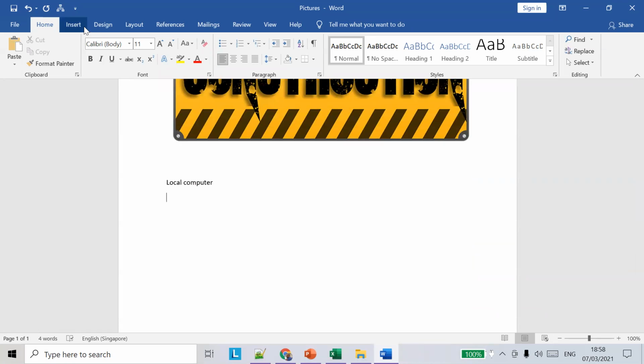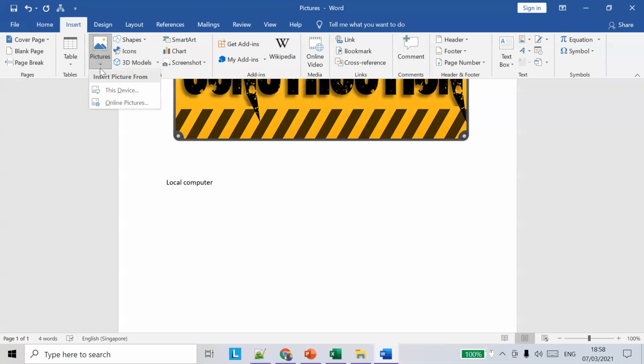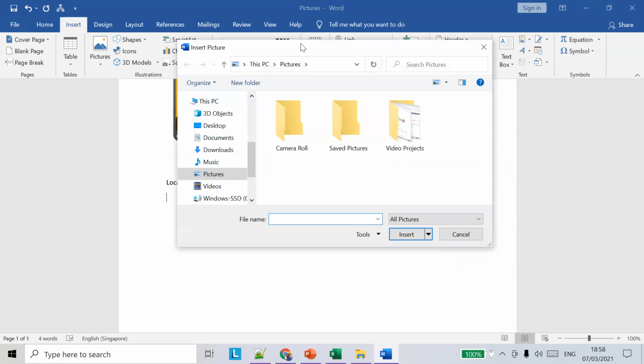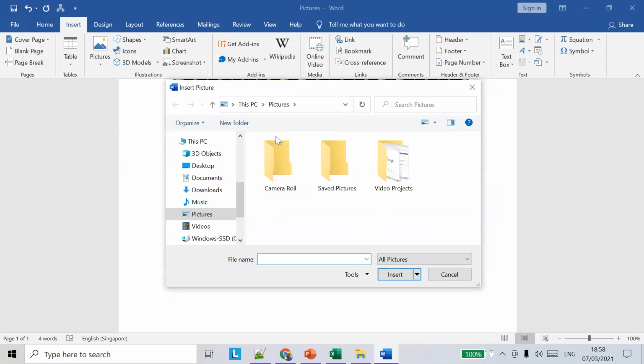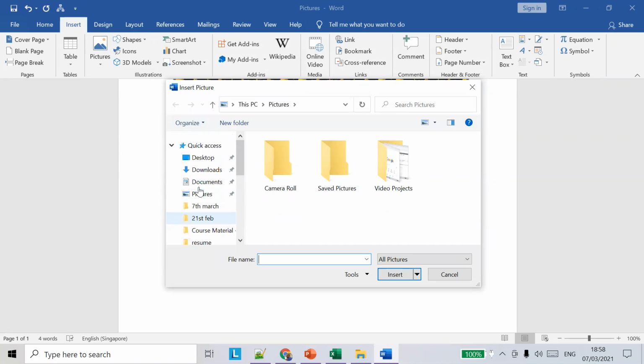Okay, so let's see how to do it. So go to insert, go to pictures, go to this device. So here it clearly says this device. So clicking on this device will open a file explorer window. So you remember where we saved the picture, right? We saved it in our desktop. And if you want to go to a desktop, there is a link here, quick access link, which says desktop.